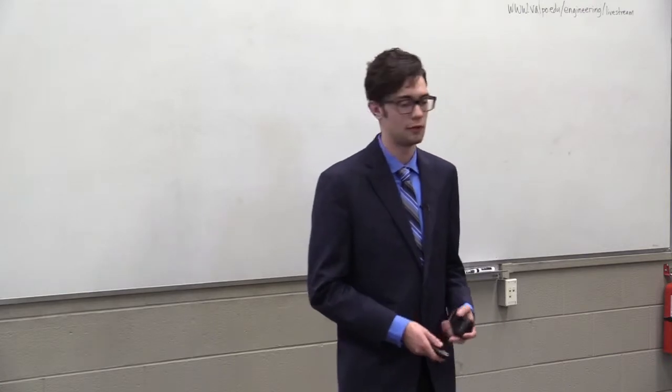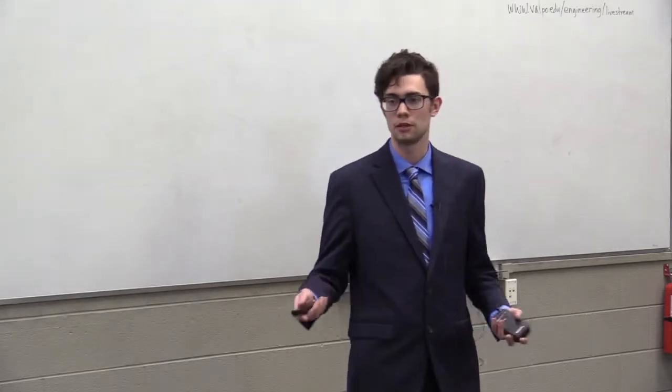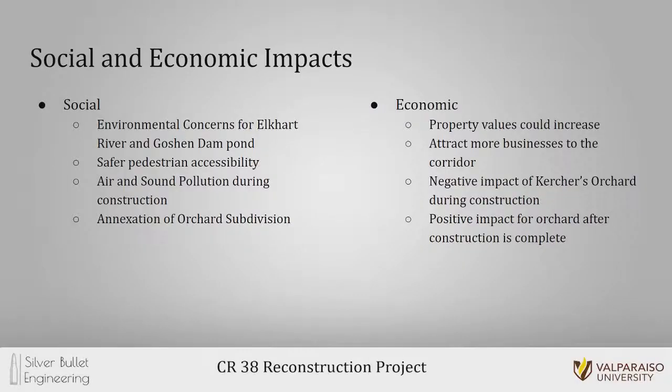Just to go over some social and economic impacts that are happening during the design and construction of this project. Those are those environmental concerns for Elkhart with the Goshen Dam Pond and Elkhart River. And then with the Hawk Beacon, that safer pedestrian accessibility throughout the corridor. During the construction, there will be a lot of air and sound pollution. And then that annexation of the Orchard subdivision is also a key part of the project,